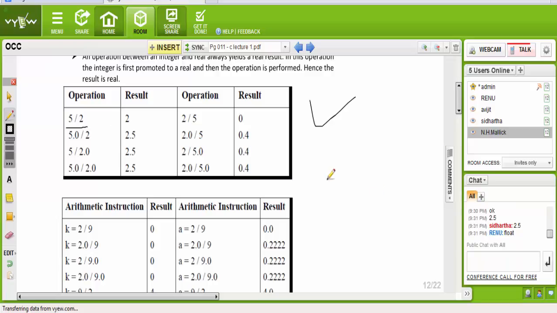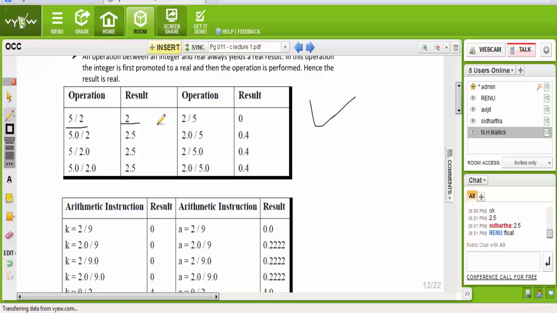Okay. Now if we declare 5 as an integer and 2 as an integer and keep the result in integer format, then your result will show 2, not 2.5, because you declared your result to be kept in an integer. That is why the result should be declared in float.